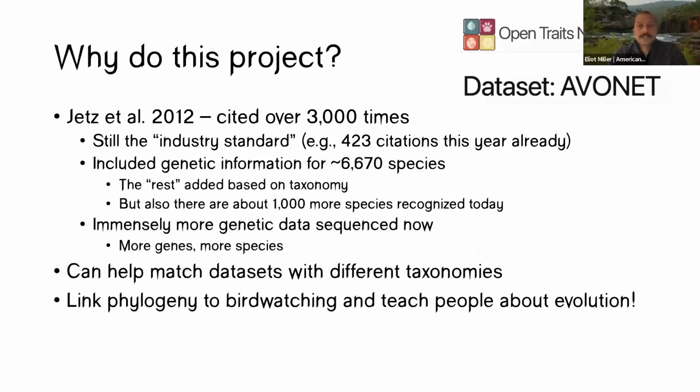So the most famous of these phylogenies that scientists use, even today, is one that was published in 2012 by Walter Yates, Gavin Thomas, and others. That phylogeny has been used now 3,287 times and counting. It's been a game changer, but it's also old, both in terms of the relationships it shows. I mean, it pretty much predates the whole genomic revolution. And in terms of the taxonomy it uses, there are only 9,993 species in that tree, which was nominally all the species in the world at that time.